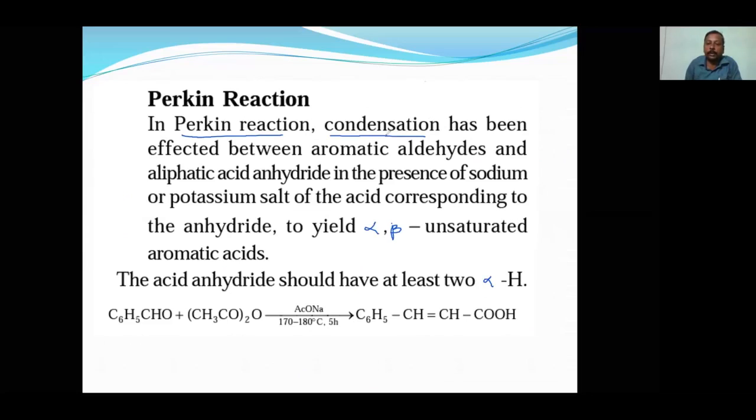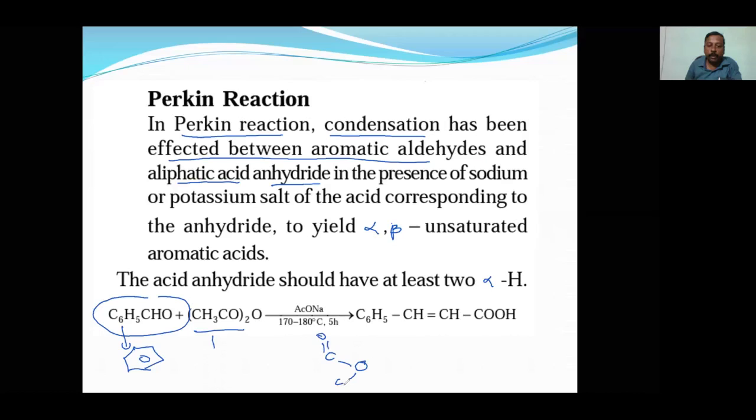So the condensation is effected when aromatic aldehyde reacts with an aliphatic acid anhydride. See, this is aromatic, meaning a benzene ring is there, this is the aromatic aldehyde, and this is the acid anhydride. The acid anhydride structure actually will be like this,